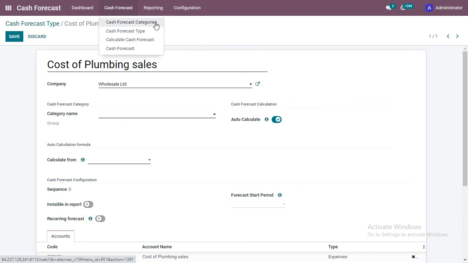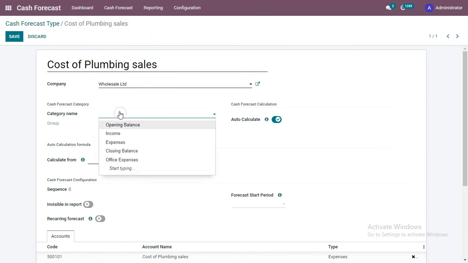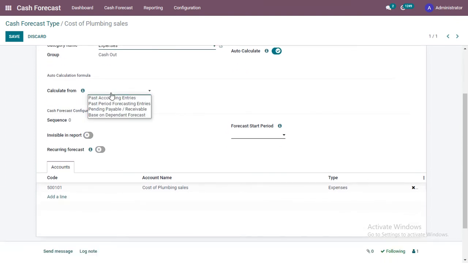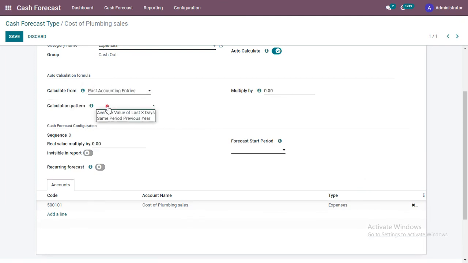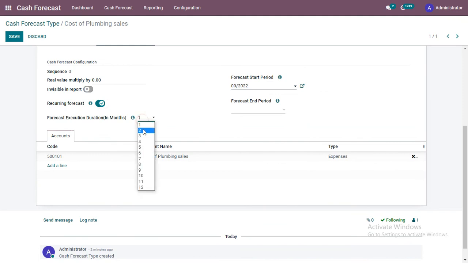So I can switch directly to cash forecast solution, then select the cash forecast type, and then let me link this cash forecast type with, say, since this is because of cost of plumbing sales, I will link this with expenses, and in calculation formula let me select past accounting entries. It should be for the same period of the previous year. The fiscal period I can select,